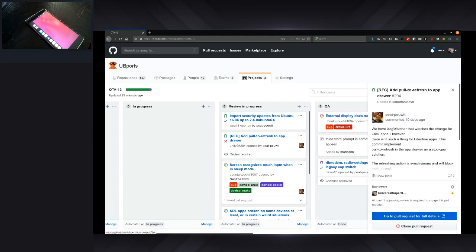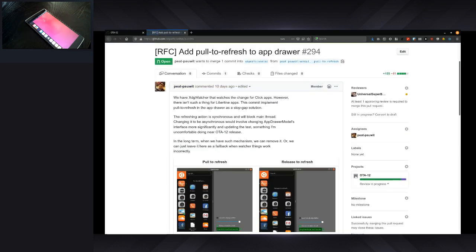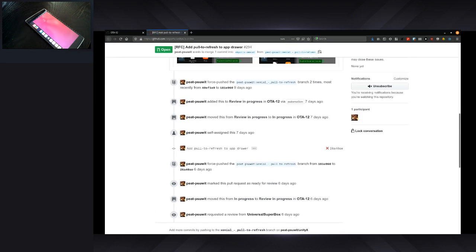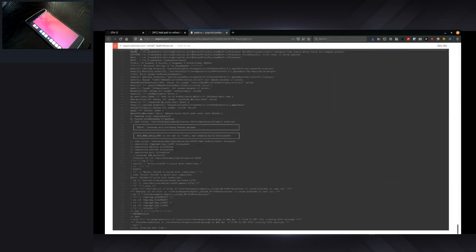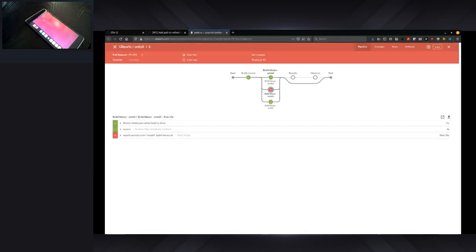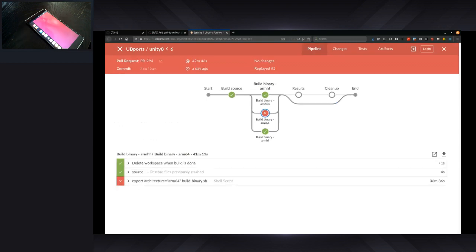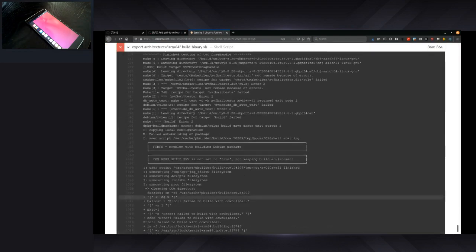Moving along then, we have a pull request, add pull refresh to the app drawer, which actually it seems didn't build correctly. I'm going to check out why that happened. So again, into the X or check mark and details to get into our Jenkins interface. And it looks like only one of these three architectures actually failed to build. Again, this is an issue with the Unity Lumiri tests where some of them fail sometimes, and so they'll only fail on one architecture. So if you're making a pull request,